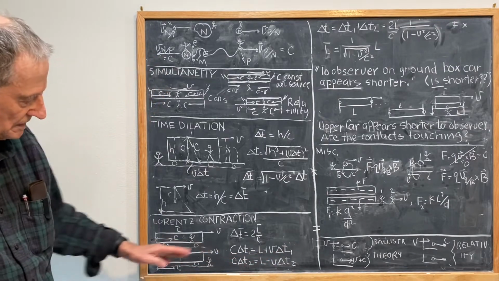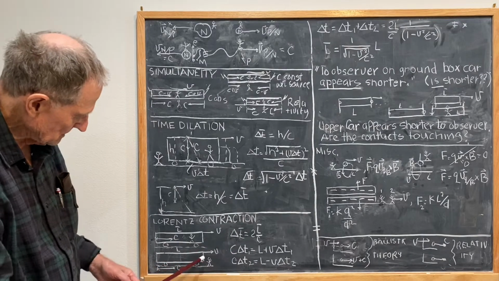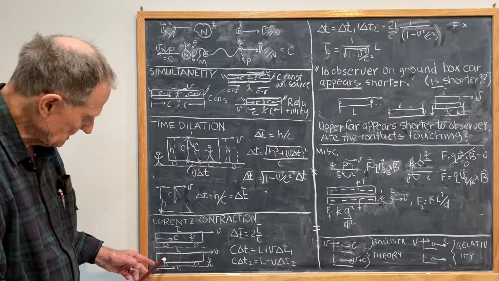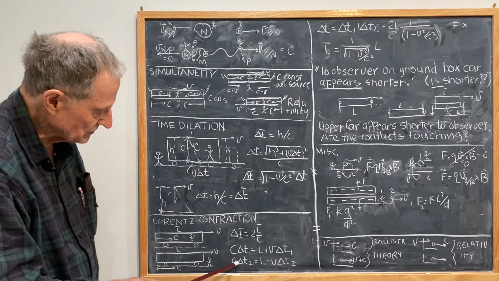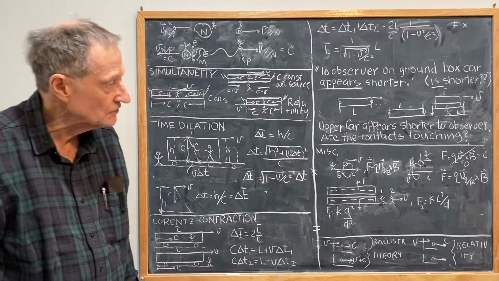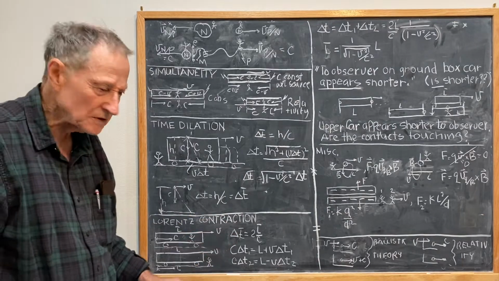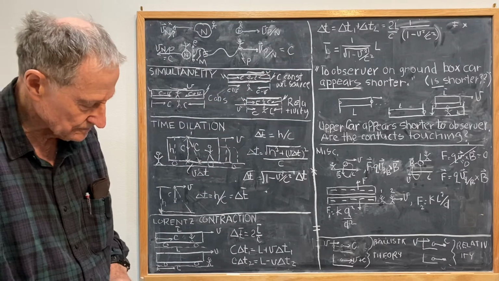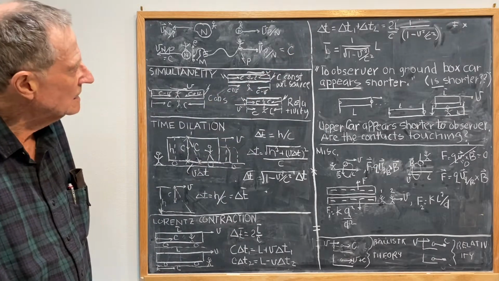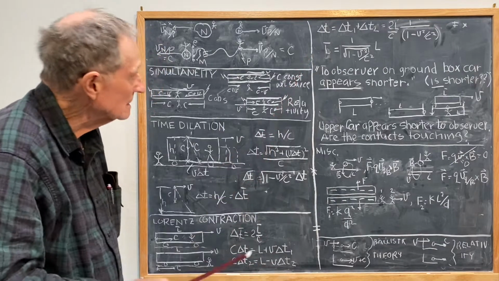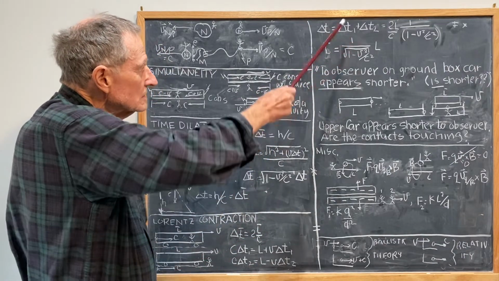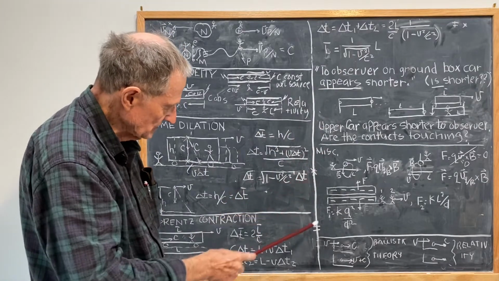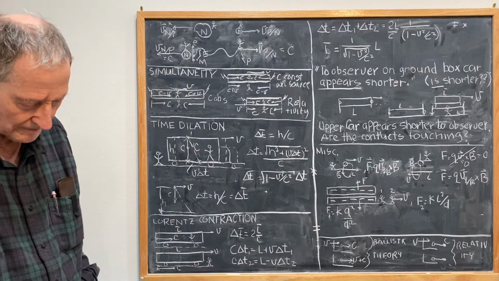And the same applies in the other direction, except that as it gets to the end here, this time the end has moved up, so c delta t2 is L minus v delta t2. I'm a little fast on this because these are standard calculations. Right, then if you solve it, you get that L bar is equal to this equation here. When you solve it, you also have to use this equation and that equation,